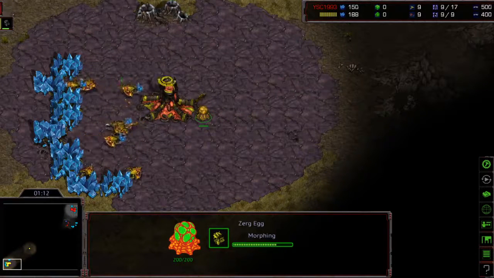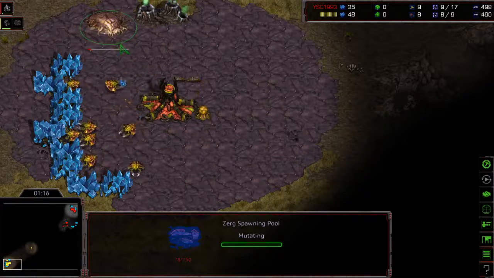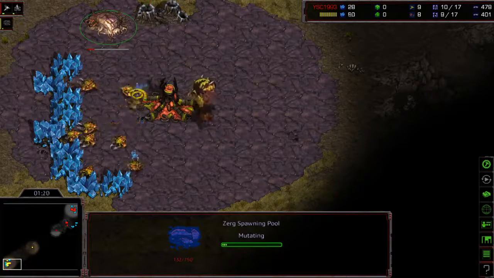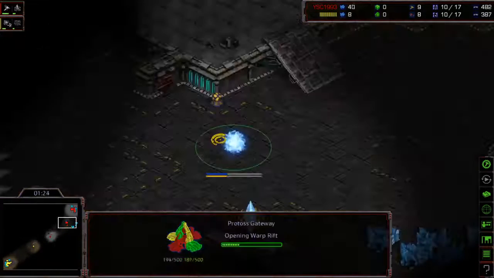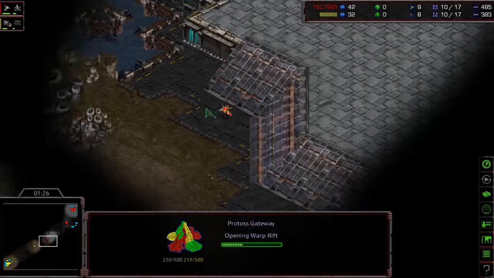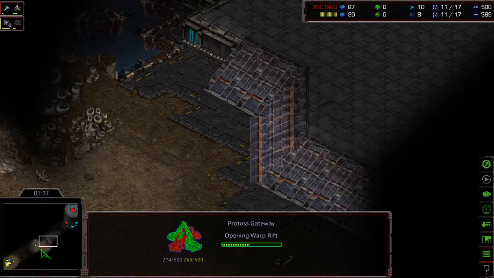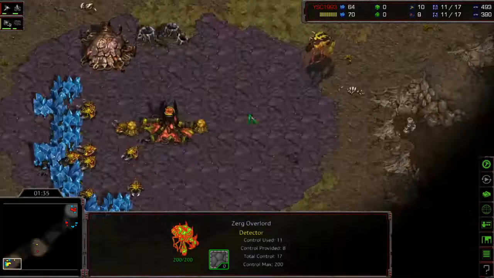We'll see at 200 if he decides to make a pool right here. There's that pool, and larva tricking the larva over, and looks like he's just gonna go for that. We're going into one gate. This is 10 gate from YSC. That's why the probe went back into the main. Probe gonna cross the path of the overlord,